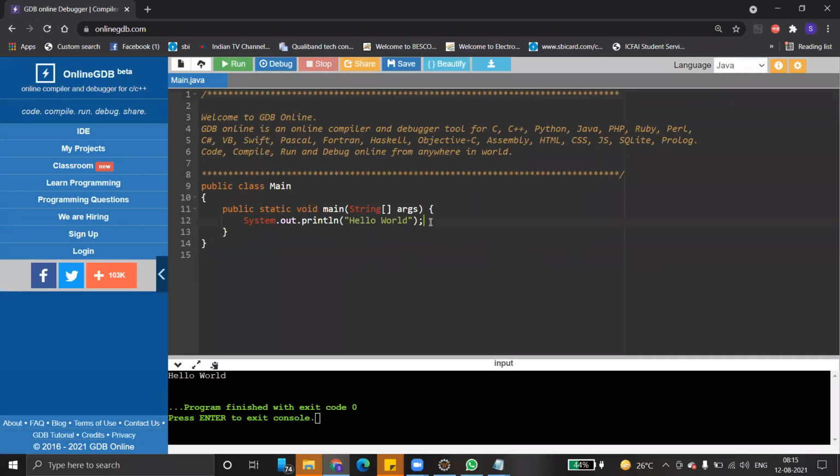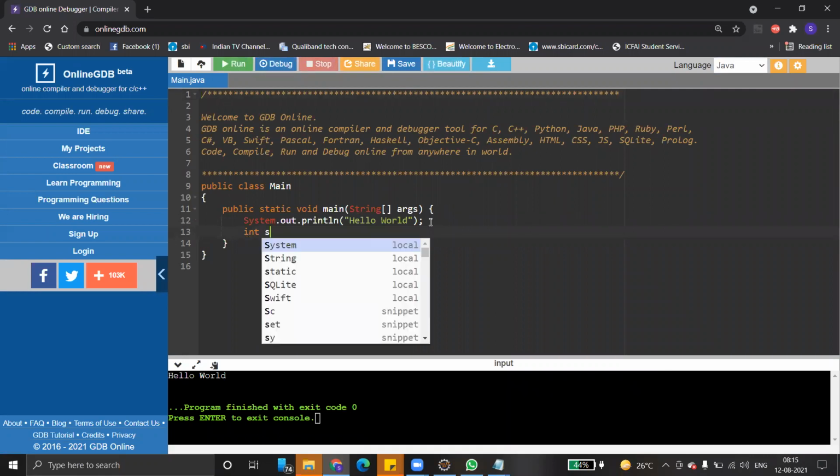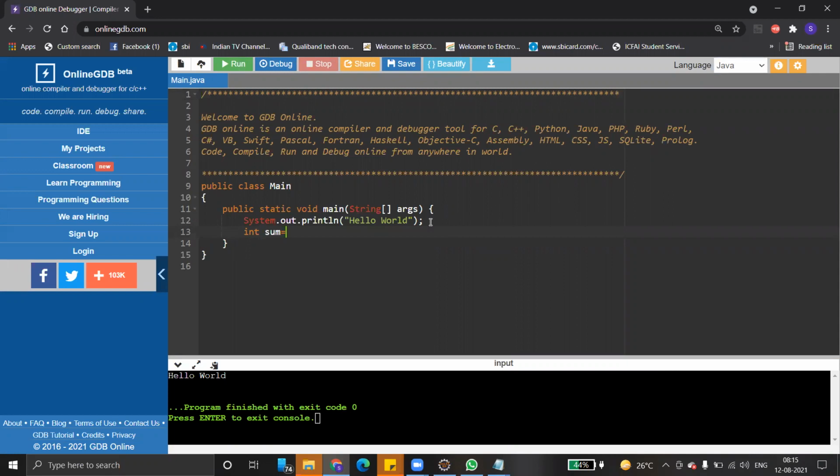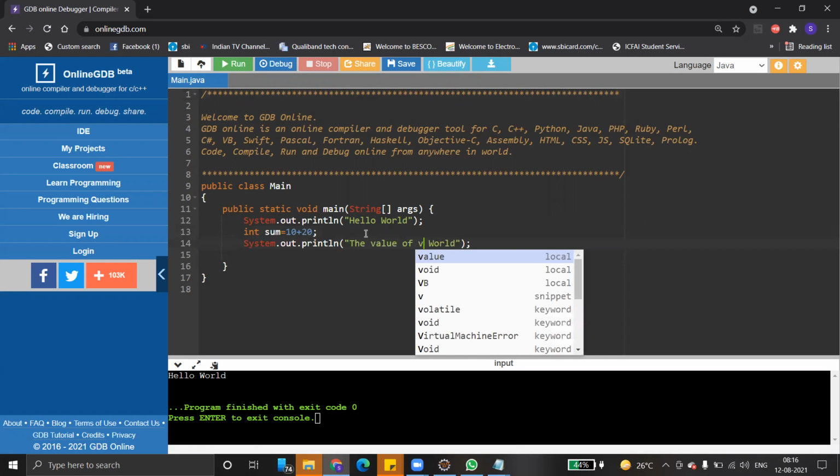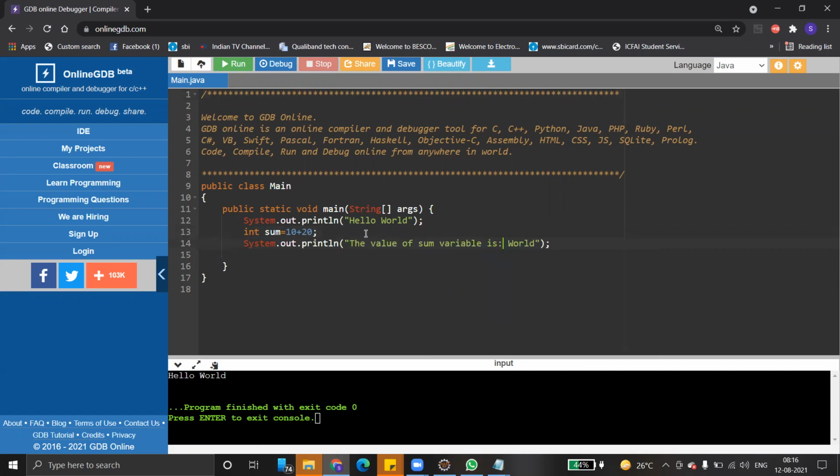This is also a wonderful online Java compiler. Integer sum equals 10 plus 20. Then System.out.println, the value of sum variable is, then plus sum. That's all.